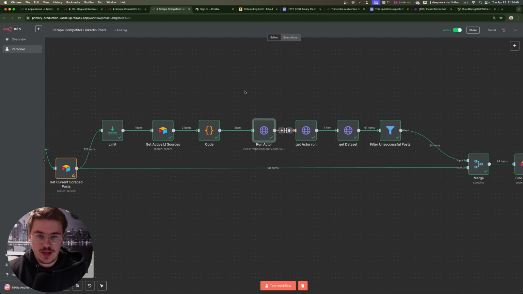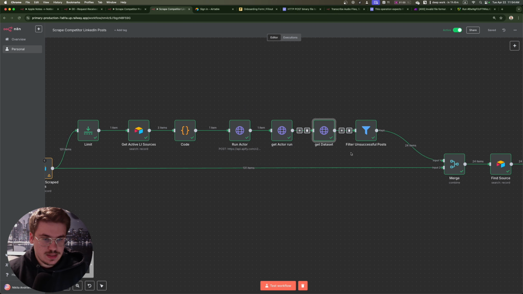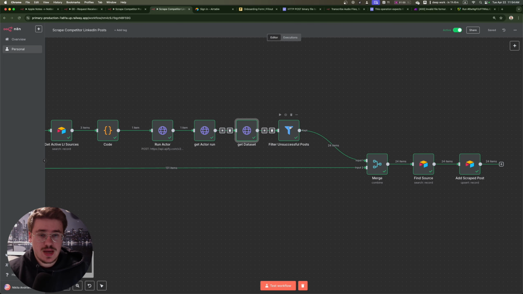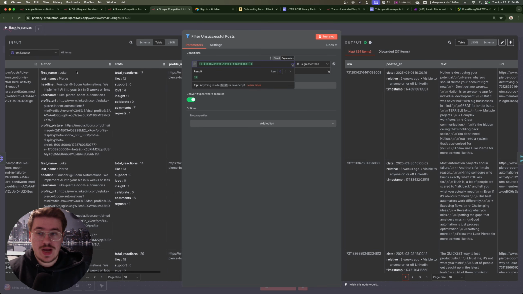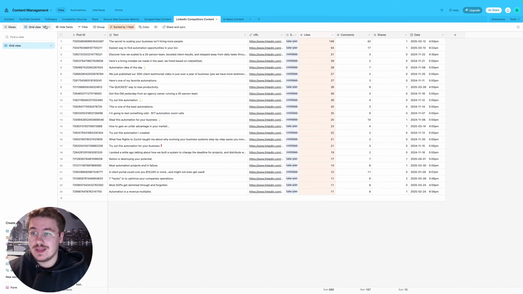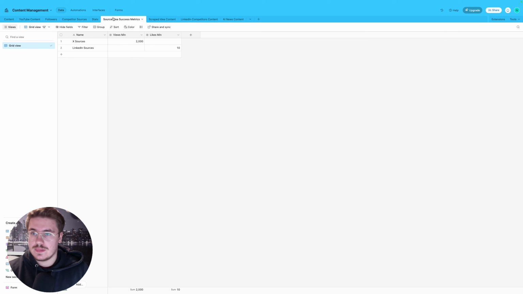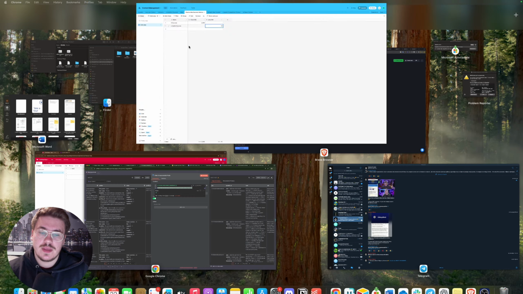This system follows here. I'm just calling this actor on Apify, getting the dataset with all of the scraped items. I'm filtering it here to see that the total reactions of this post are at least 10, and I can obviously change this value at any point. So if I change it to 15, the next time it scrapes, it will actually filter out the posts that